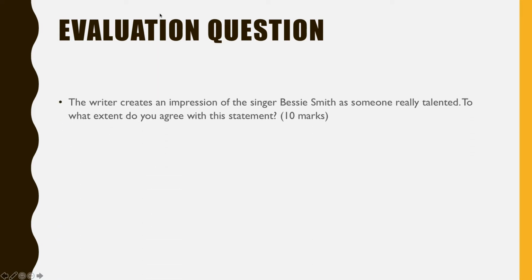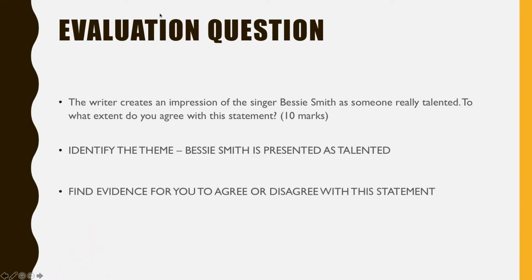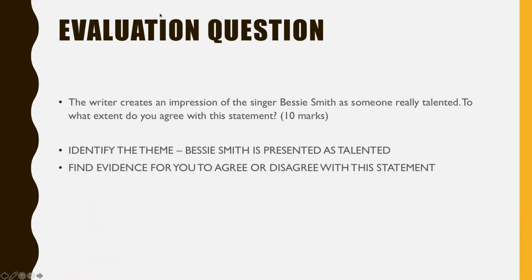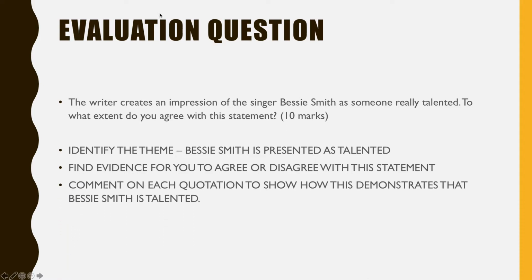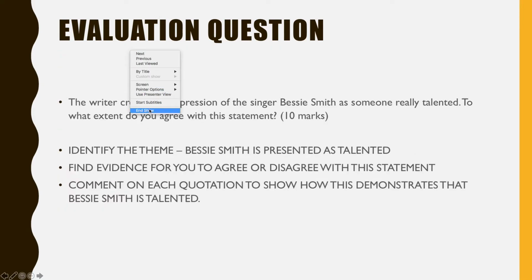So again, we're going to go back to the reading pack. Here the writer creates an impression of the singer Bessie Smith as someone really talented. To what extent do you agree with the statement? As we said, you have to identify the theme, so that is Bessie Smith being presented as talented. You need to find evidence to agree or disagree with this statement, and you need to comment on each quotation to show how this demonstrates that Bessie Smith is talented, or that she isn't talented. The choice is yours. So again, pause the